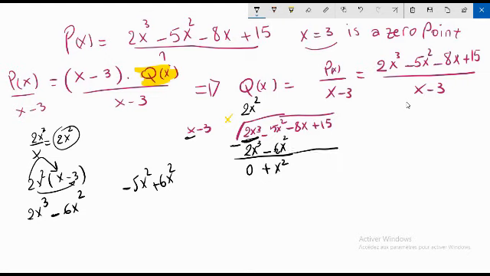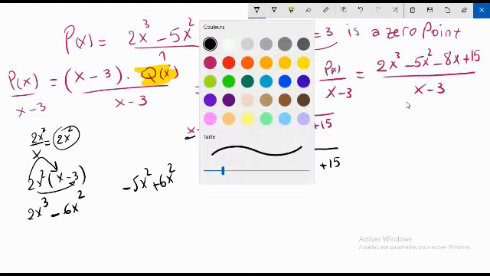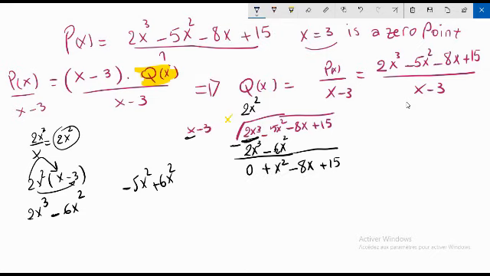So minus 8x minus 0 is minus 8x. Plus 15 minus 0 is plus 15. So now it's like you have a new polynomial function. So what you are going to do is again look for the first member and try to